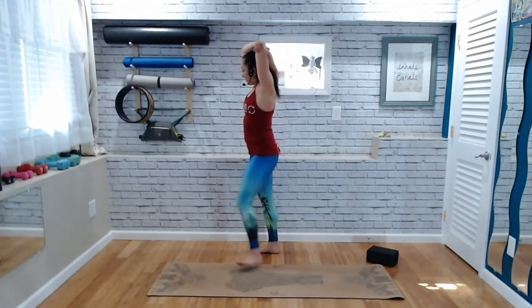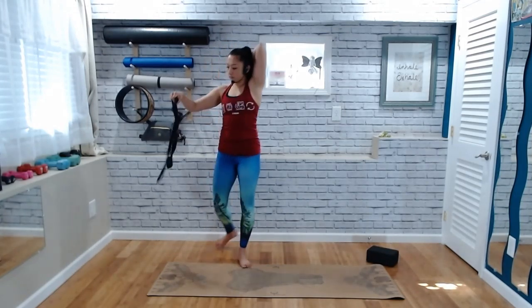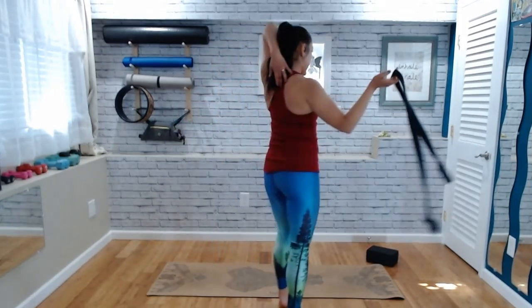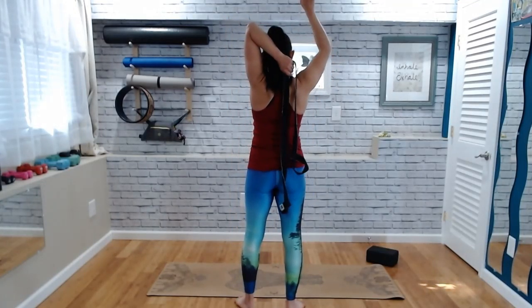A couple of breaths. So if you have a strap and you want to grab it and put it into your right hand, which is the hand that's behind your head, that would be great. So go ahead and grab your strap if you have it. I'm going to take mine from right here. All right, so if I have my hand on my strap in my right hand,